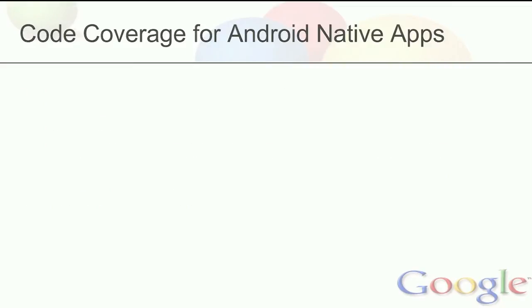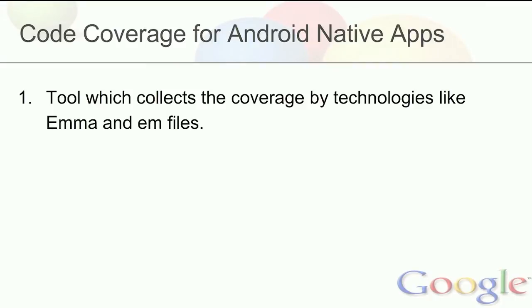We did take a tangent in the discussion, and we talked about Android native apps, and one of the persons in here is working on a tool which is based on technologies, I'm not sure if I captured the words correctly, EMMA and the .em files, which are basically to do coverage from the black box testing that is happening on a mobile Android device. So it is like code coverage, but it's gathering the data from the manual tests that are happening in a particular run when you are running your test on the Android device.